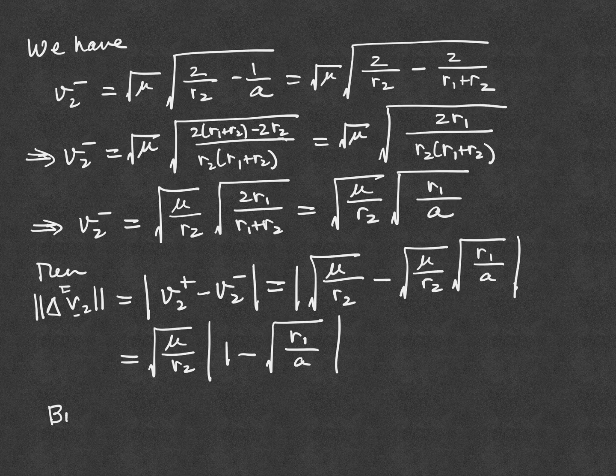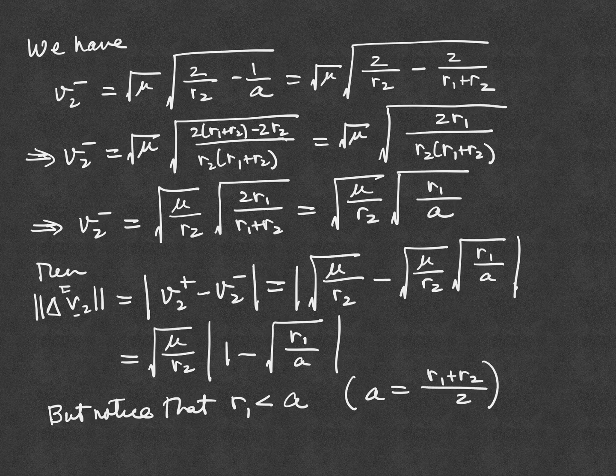But notice that R1 is less than A. And that's again because A is equal to R1 plus R2 over 2. So it has to be bigger than R1. So that implies that the square root of R1 all divided by A is less than 1. So as a result,